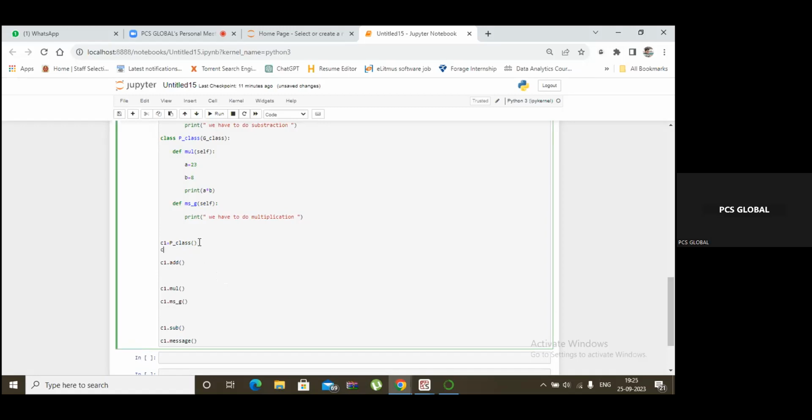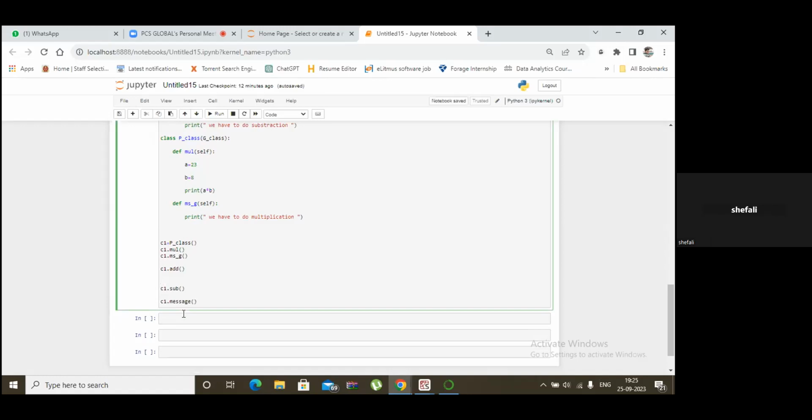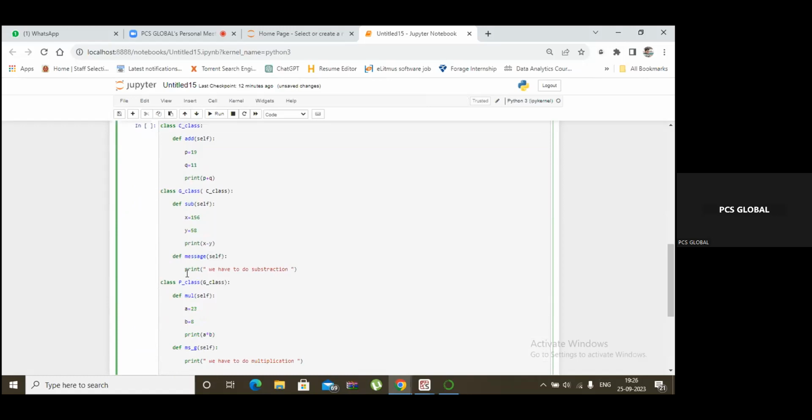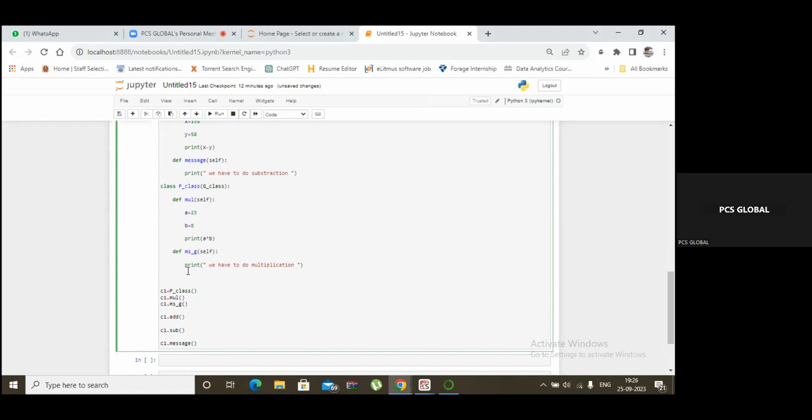সি ওয়ান ডট মাল, প্যারেন্থেসিস ওপেন, যেমন করে লিখতে হয় সেরকম করে লেখো। আরেকটা মেথড আছে, আরেকটা মেথড নেম অ্যাসাইন করো। কোনটাকে বলছেন স্যার? আরেকটা মেথড নেম অ্যাসাইন আছে, একটা মেথড নেম অ্যাসাইন করো। এবার নিচের এই সি ওয়ান ডট মাল আর সি ওয়ান ডট এমএসজি, হ্যাঁ কাটো এর দুটো, কার্সারটাকে উপরে ওঠাও, স্ক্রল আপ করো। সি ওয়ান ডট অ্যাড, ওকে, সি ওয়ান ডট সাব মেসেজ, নিচে নামাও, এন্টার মারো, রান করো।